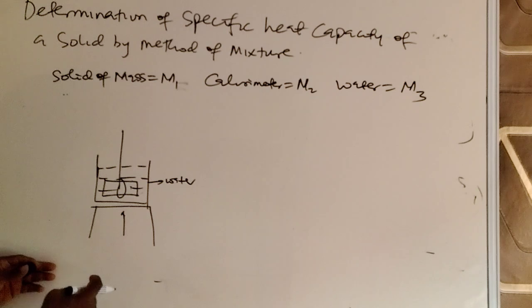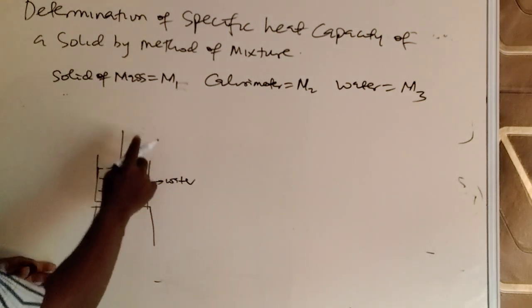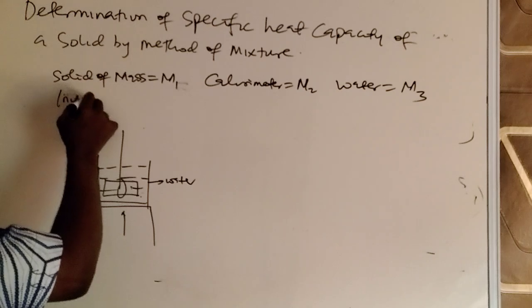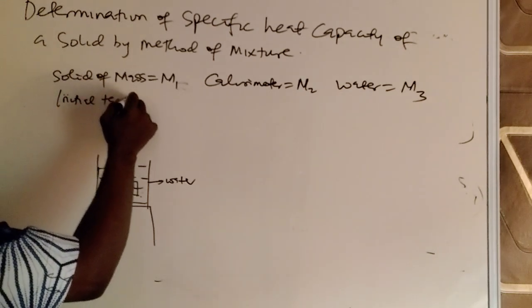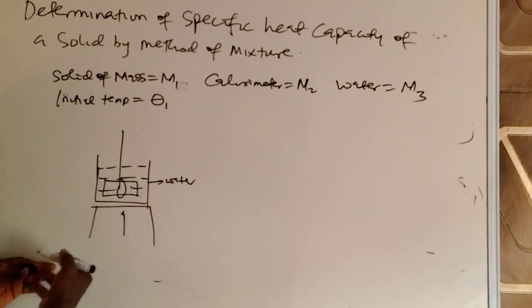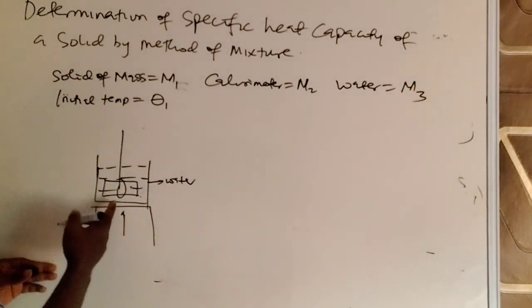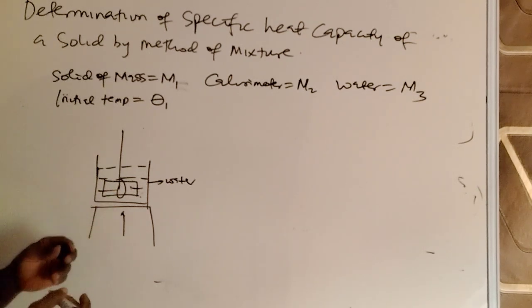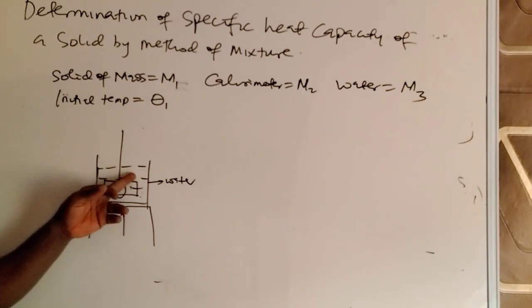So when you hit the boiling point of the water, you now put the thermometer here and take the initial temperature. The initial temperature of the metal which we are heating will be very high, close to the boiling point of water: 90, 80, or even 100 degrees Celsius. So that becomes the initial temperature of the metal, because while the metal is inside the water, the two of